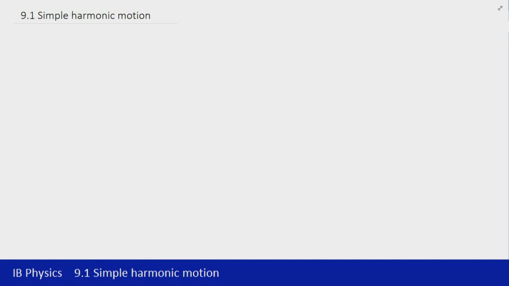Unit 9 wave phenomena builds on Unit 4 waves, so throughout this unit we'll refer back to some of the concepts that we covered in Unit 4. In looking at 9.1 on simple harmonic motion, we're actually going to refer straight back to topic 4.1, oscillations, because there was some stuff that we covered there about simple harmonic motion,